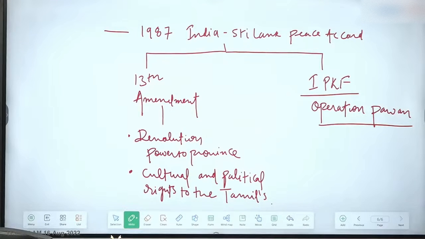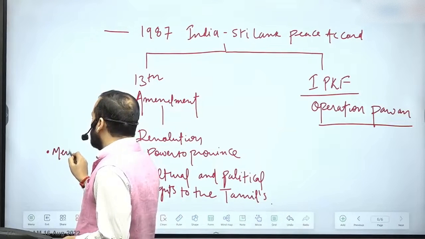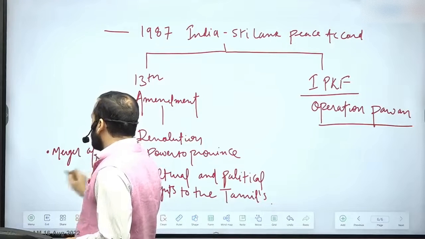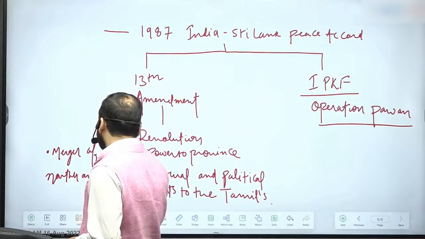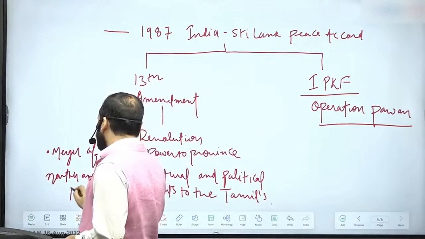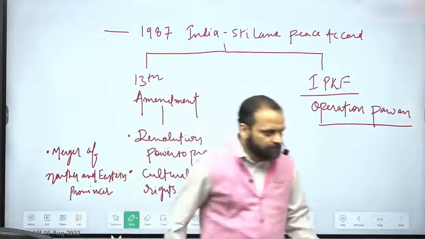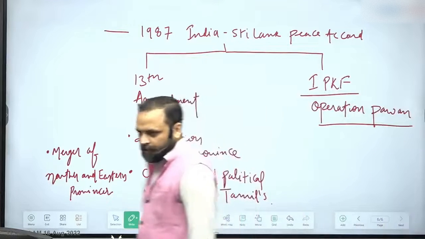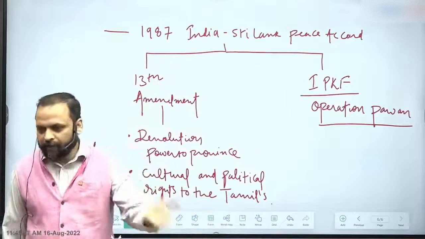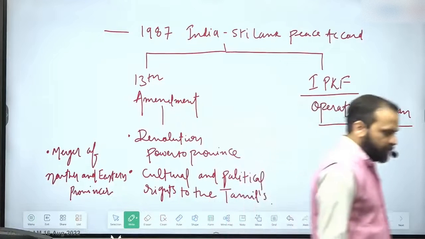That this is the solution. It also means in some ways the merger of those areas which are dominated by Tamils, the merger of northern and eastern provinces. Meaning it is in some ways putting forward the idea of autonomy for the Tamils in certain matters: devolution of powers to provinces in the matter of police, in the matter of land. That would satisfy the Tamil demand if such power is available to a unified province of northern and eastern parts of Sri Lanka.